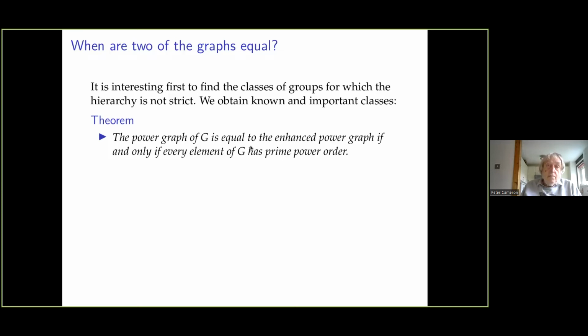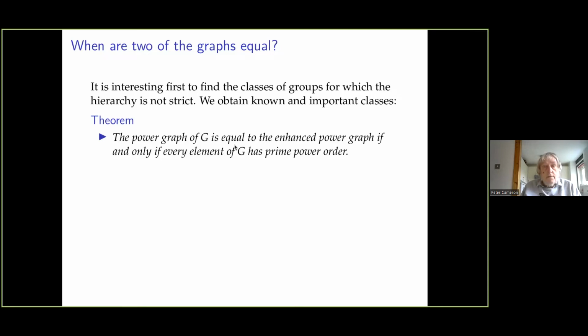And so these groups, to tie up with what's coming later on in this session, these are precisely the groups for which the Grunberg-Kagel graph has no edges. The vertices of the Grunberg-Kagel graph are the prime divisors of the order of G, and you put an edge from P to Q if there is an element of order PQ in the group. But these are the groups that contain no such elements, so they're the groups for which the Grunberg-Kagel graph is